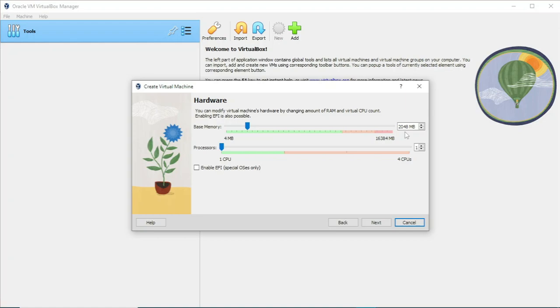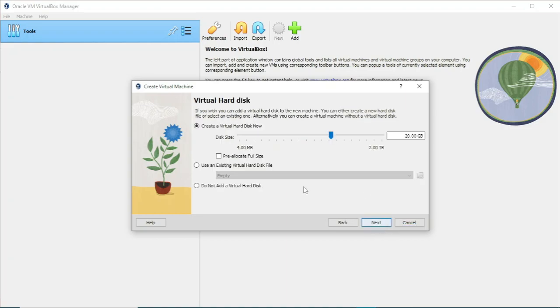I'm not changing it because 2 GB is more than enough for me. And here, coming to the processors, I'm selecting only one processor because I have only one CPU. Click next and here you will find the virtual hard disk. By default the virtual hard disk is 20 GB and I'm not changing anything here because 20 GB is enough